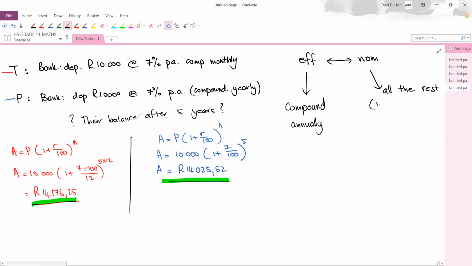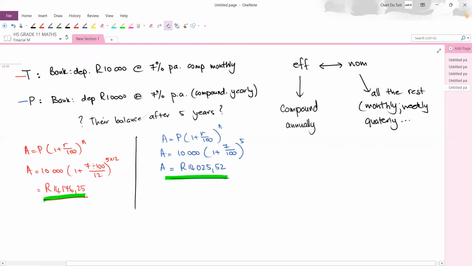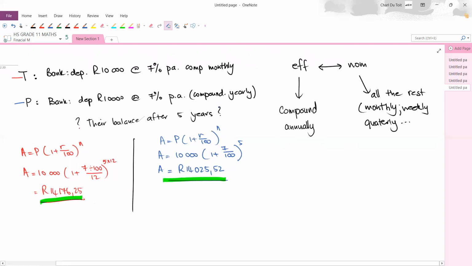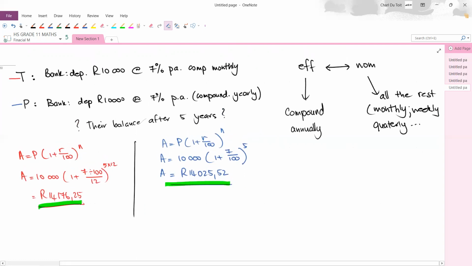So every monthly compounded, weekly, quarterly, etc. All the other rates are called nominal rates. So in other words, I can do the following. I must either take the red one and lower the 7%. I can't invest at 7% compounded monthly and then get the same amount. If I want these two amounts highlighted with green to be the same,